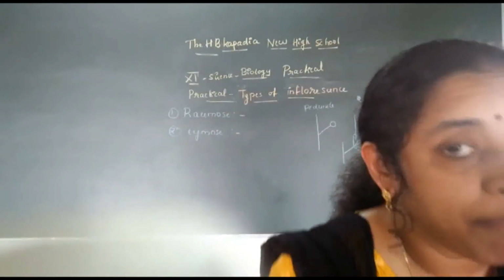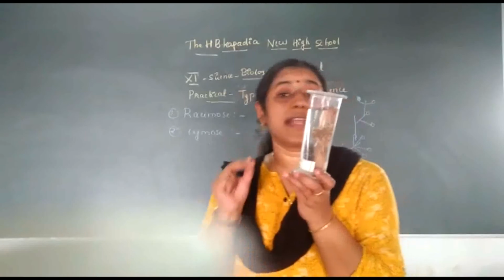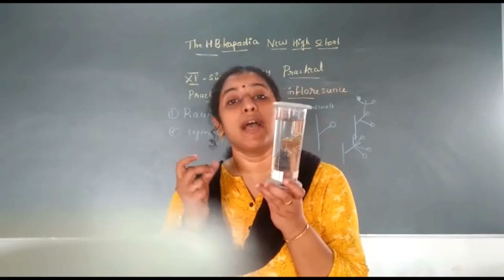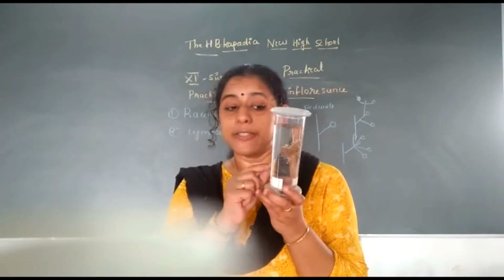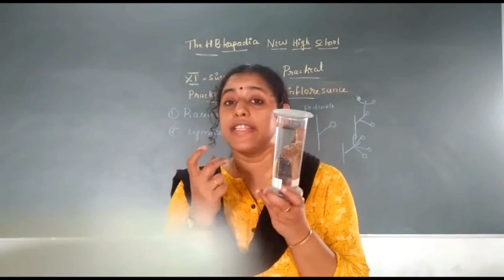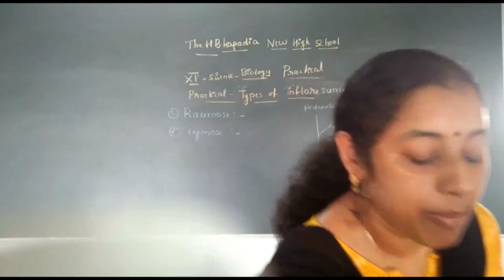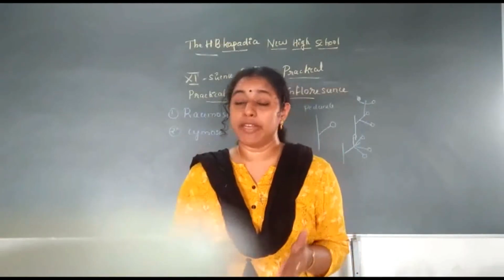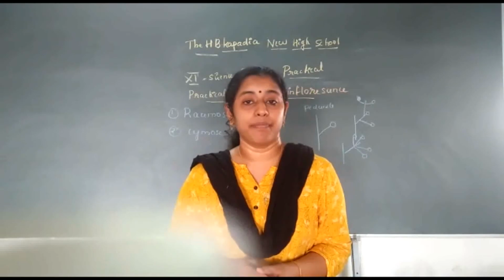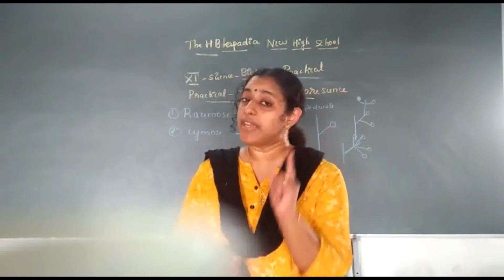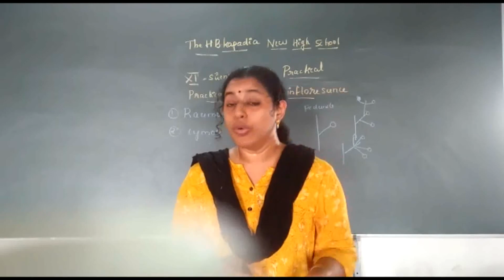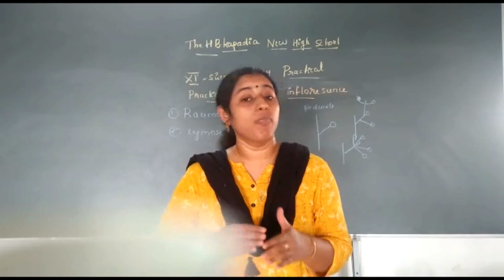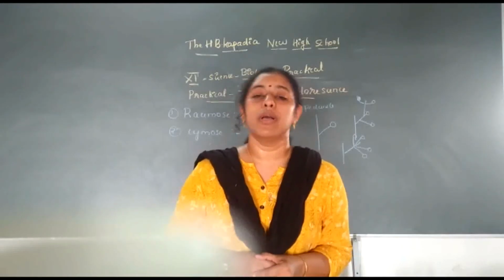Then I told you umbel inflorescence. Umbel inflorescence is a characteristic feature of onion where the flowers are arranged just like an umbrella pattern. There is a central spoke and the small flowers are arranged like a bunch. Then I told you about the cymose. In cymose I told you that the growth of the floral axis is limited. And from the floral axis, if at a time single branch is coming, it is called uniparous cymose. If two branches are coming, then it is called biparous. If more than two branches are coming, it is called multiparous.